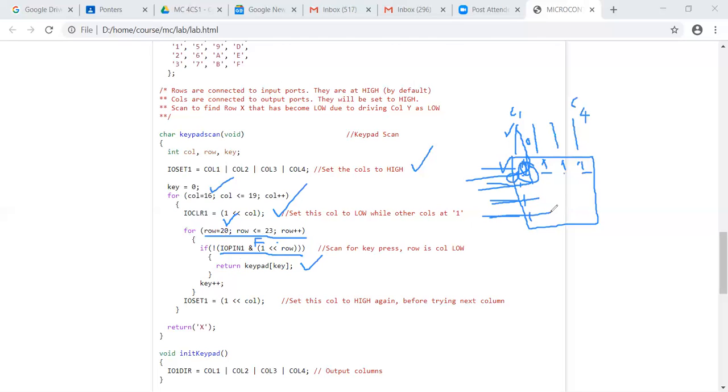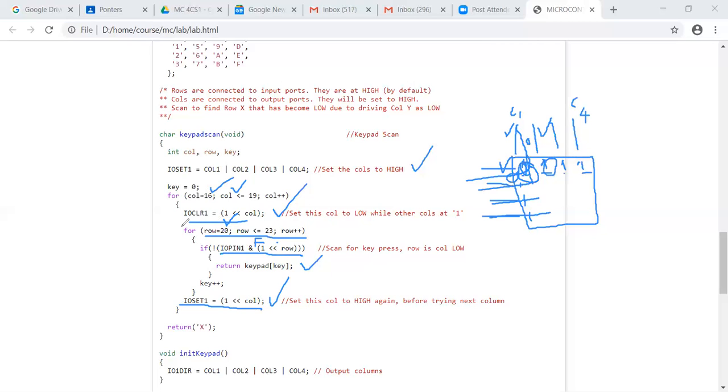If none of the rows in the first column has a key pressed, then you move to the second column, and in the second column you reset the first column value which you have cleared here, and set it back to its original value, and go to the next column, which is 17, and clear the 17th port, which is 0 now.